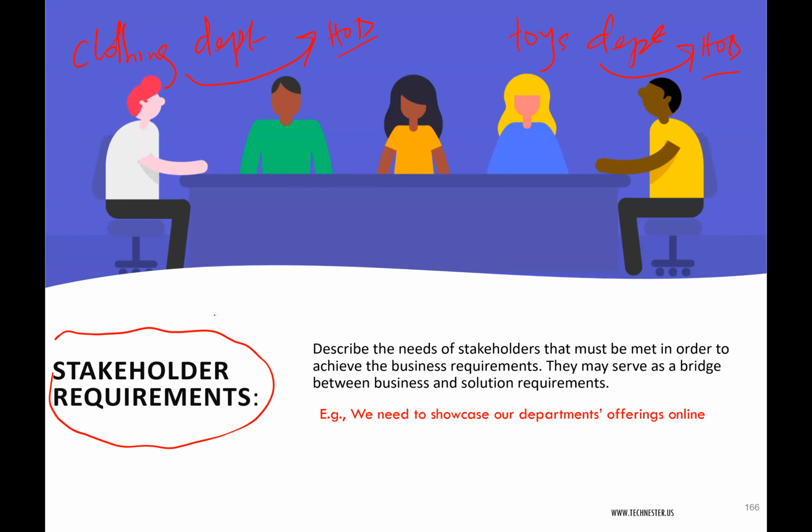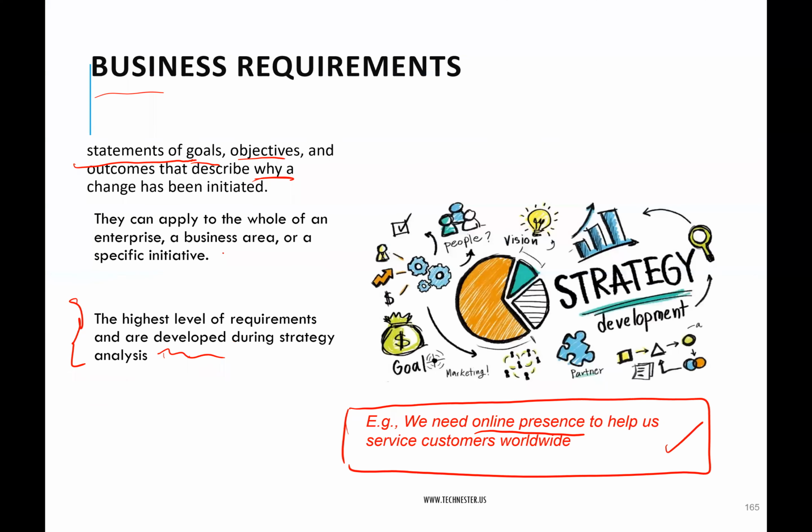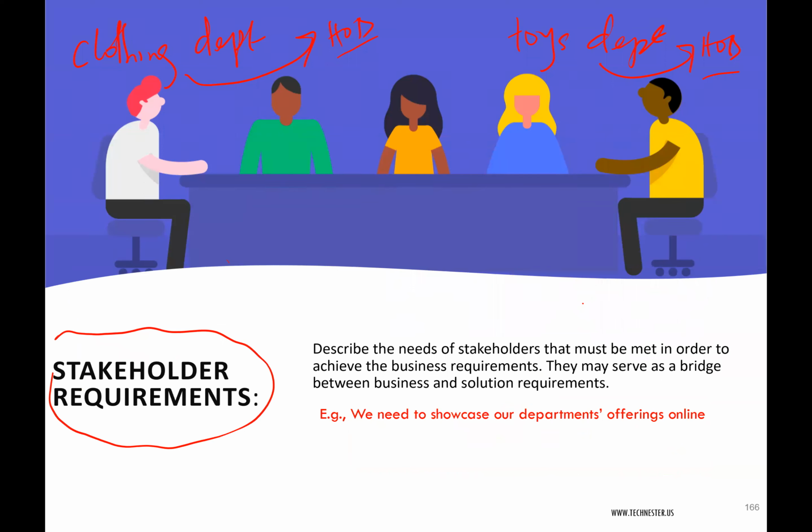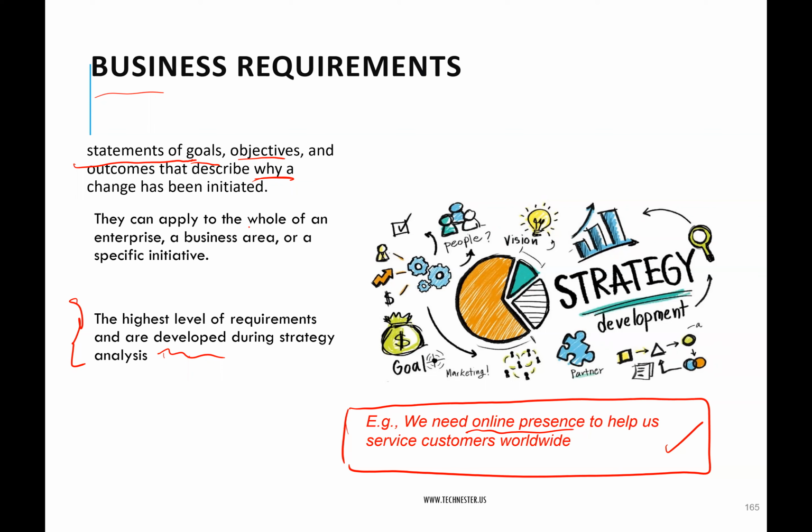They will tell you their needs based on the business requirement. That is, the needs of these stakeholders must align, must be constrained or bounded by the business requirement. So if the business requirement is talking about online presence or websites, right? We want a website, or we want to improve our online presence, for example. Website is a solution. So you try not to talk about any specific solution here, even though you have refined it. We just know we want an online presence. The stakeholders cannot start talking about we want Ferrari or we want musical instrument or something that does not align with the business need.